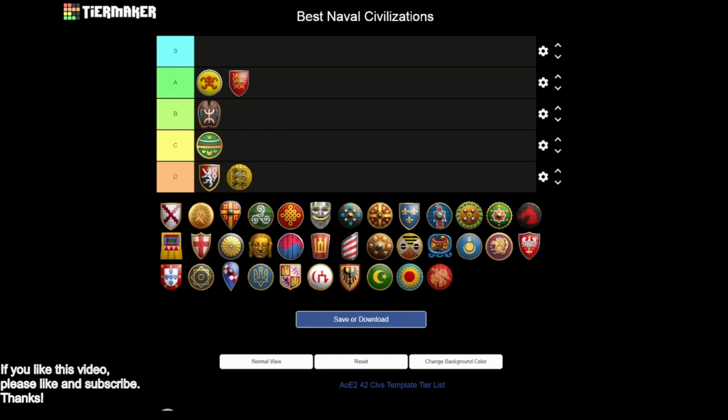You know, you can get bracer with galleons, no shipwright. The tech tree is pretty bad, and it's kind of like Bohemians actually, except you really don't get any gold bonus and no wood bonus. So definitely a D tier. That's easy for me. We have the